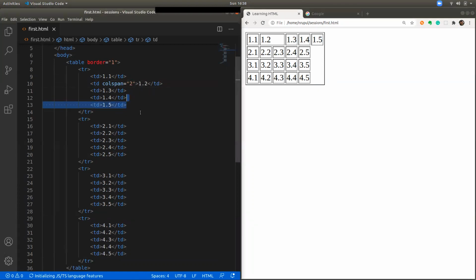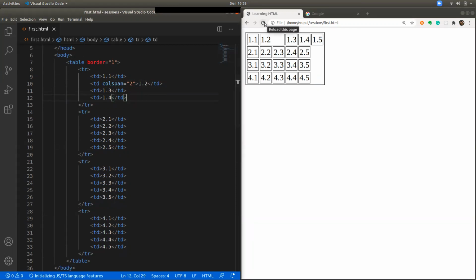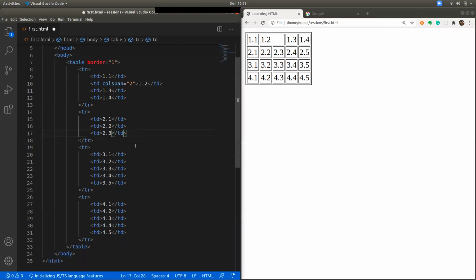Let's say you want, I mean, you can see now if I remove one cell from the first row, again the table is normal. Now you can see this particular cell is spanning across two columns. It is not occupying the space of one column. It is occupying the space of two columns. That's what the col span determines. In the same way, if you want a cell to occupy three columns, you can say col span 3. Now, you can see it occupies three columns.